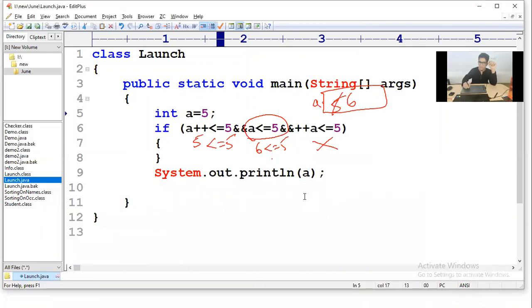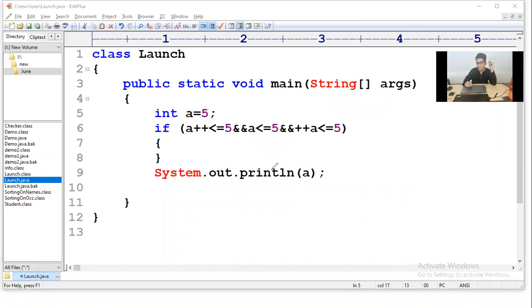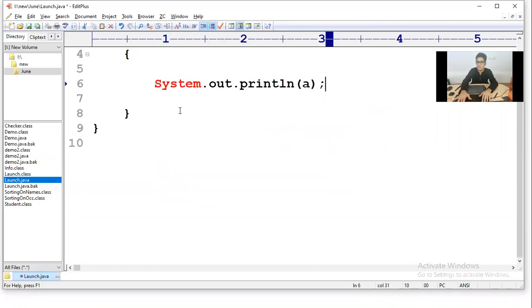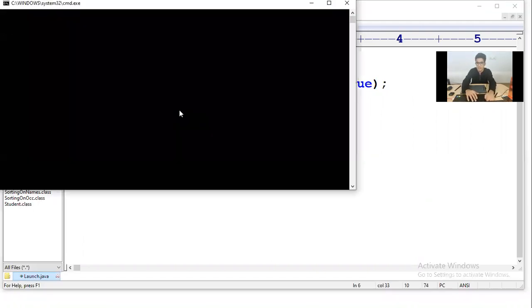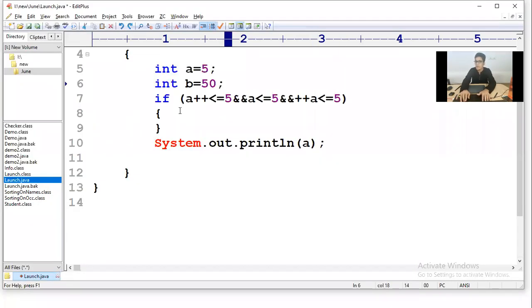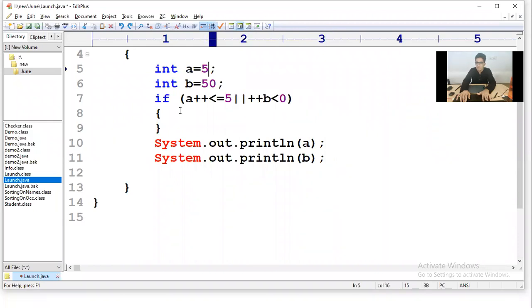So let me erase everything here and let me tell you about the and operator. First of all, can I write 5 and 5? I mean, true and true. True, double and, true. Yes, we know we can use double and, but my question is, can I use single and? Yes, we can use a single and, right? I have explained it very clearly in the last class. No problem with this. So if we have A and B here, let me go to the first questions here.